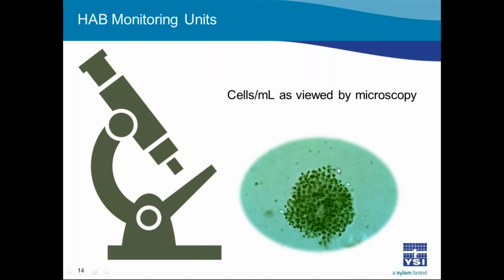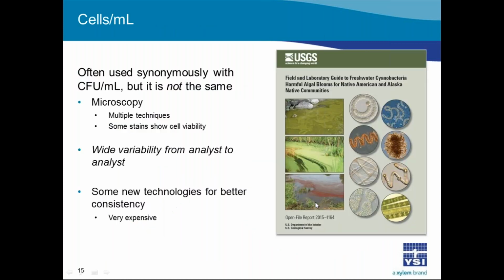It forms what are called micro colonies. And what that means is the individual cells tend to cluster together. That makes it really, really hard to get a good count of cells per milliliter. And there can be a lot of variability from one analyst to another in how they are able to get cell per mill